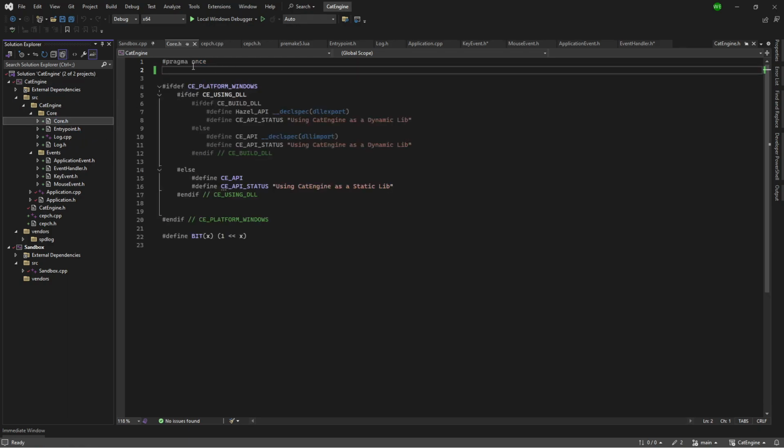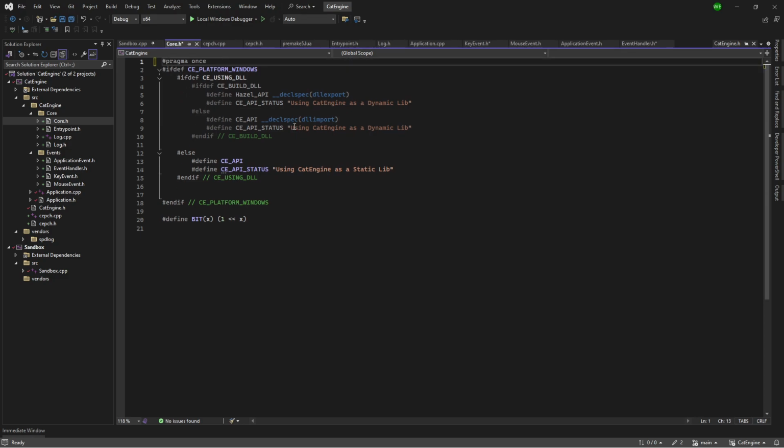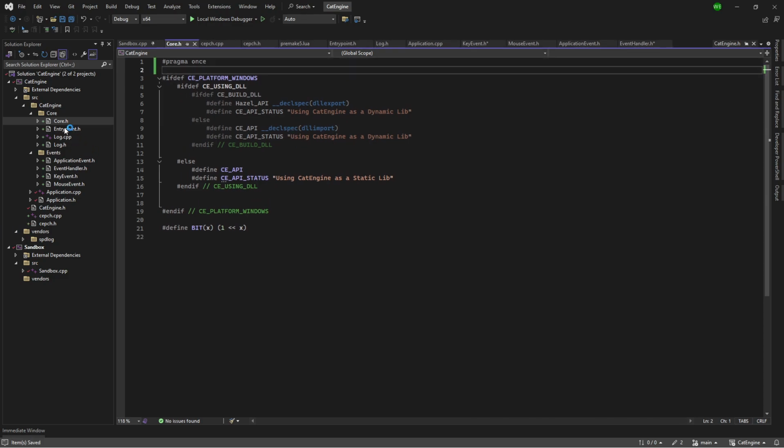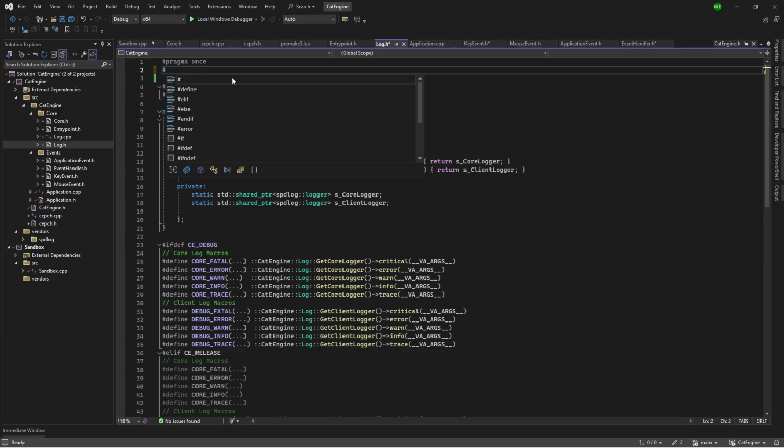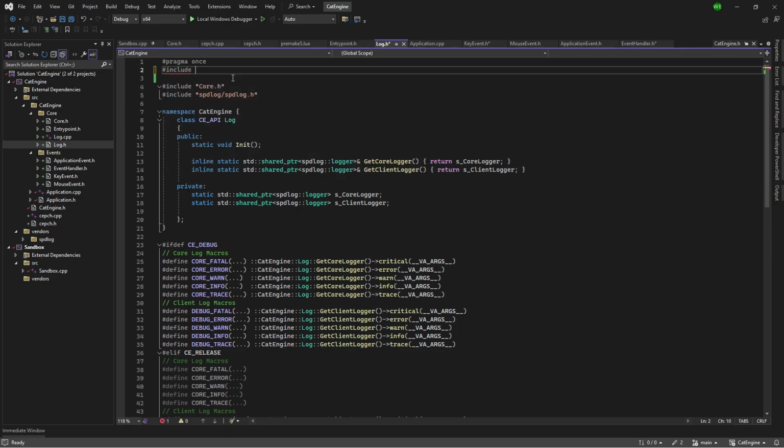So now, if I go into here, I actually don't even need iostream in here. This is just a string variable. So we'll just go very first one, include,